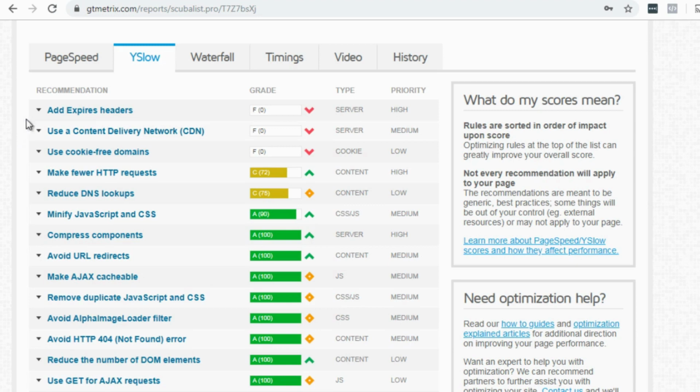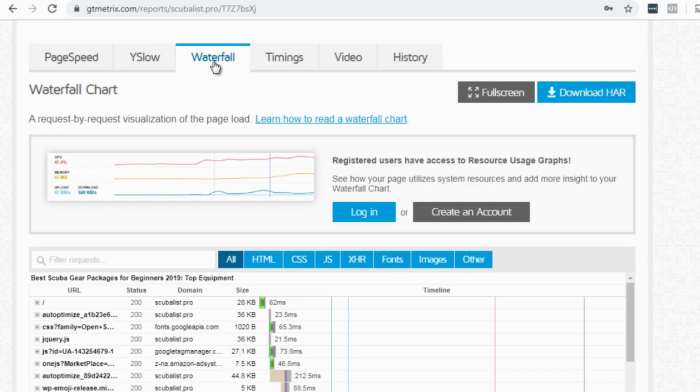But if we just go through and take a look, you can see this one got a C. It says minify JavaScript and CSS. So a lot of this can actually be done via a caching plugin, which we'll talk about in just a minute. So if we click on waterfall,